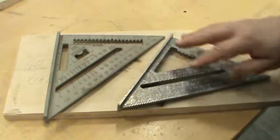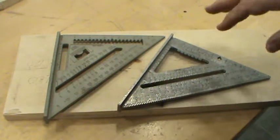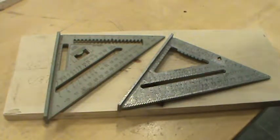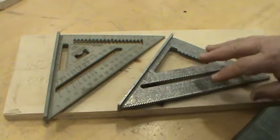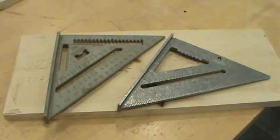This is an older version of this. Speed square is a very versatile tool. Carpenters and those that work with wood will tell you that this is probably the tool that they want to have in their pocket more than any other tool that they have. And please do not confuse the speed square